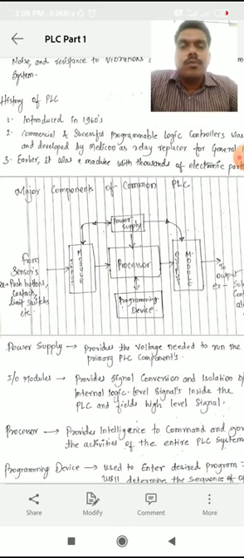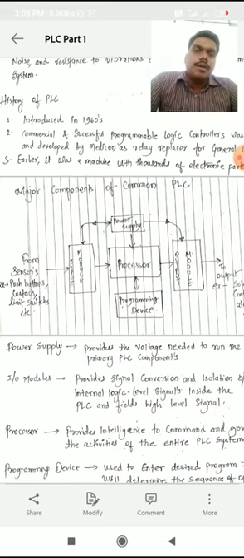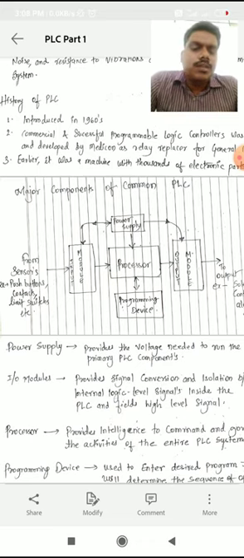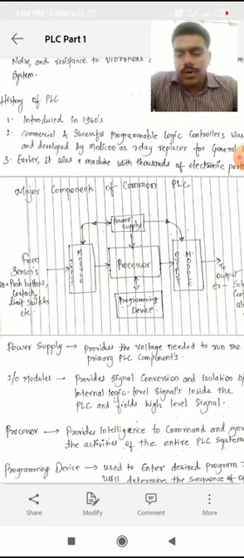Then if we have to stop the water, there are sensors in the overhead tank which sense the water level and automatically supply the signal to the PLC input module. The signal is processed and executed in the processor, and it is controlled through the output module.